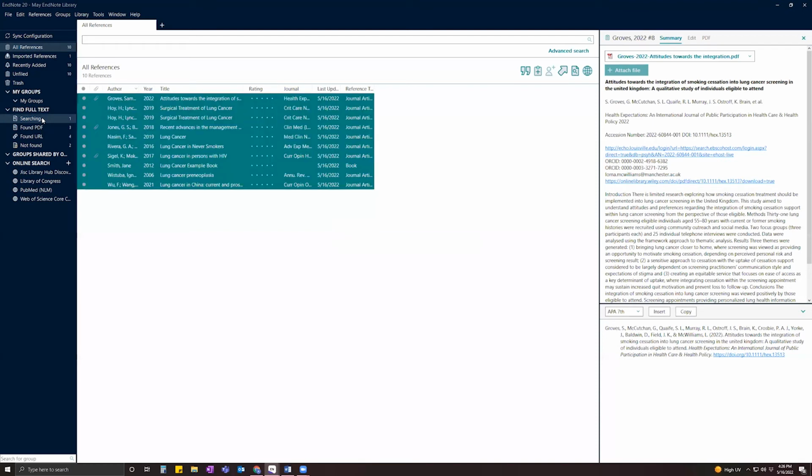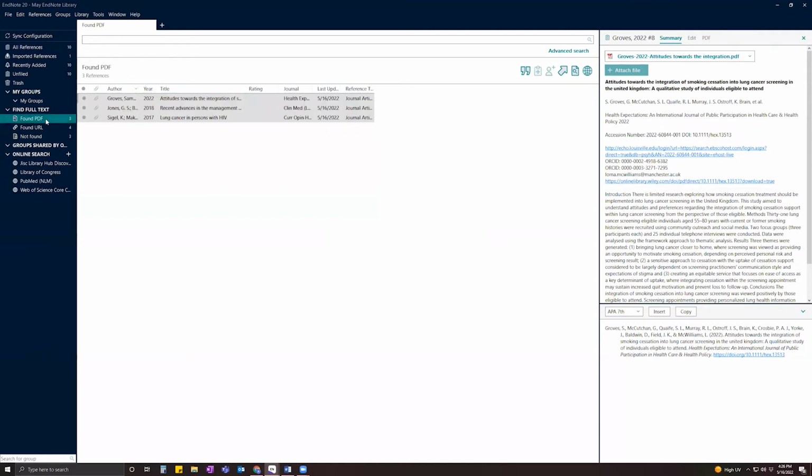But since we're only asking it to find 10, it's only gonna take a couple of minutes here. And so now it's finished doing all the searching. It found 3 articles, found PDFs of 3 articles. So there we go. And you can tell which ones have the full text PDFs because they have a little